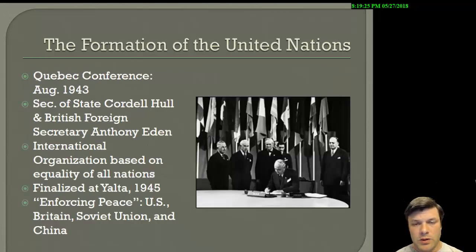What I want to talk about now is the formation of the United Nations. And if you recall from that lecture on World War I, I had made mention that one of Wilson's 14 points was to create this international coalition of countries that he called the League of Nations, to get out in front of these big problems before they become full-fledged wars, and put pressure on countries like Germany in this case. Ultimately, the League of Nations never really happened. The United States never, in fact, joined.